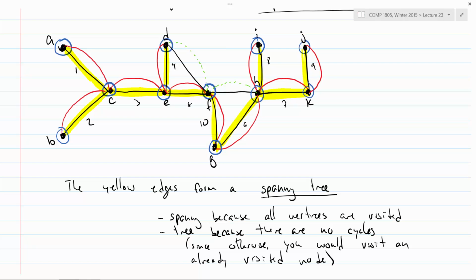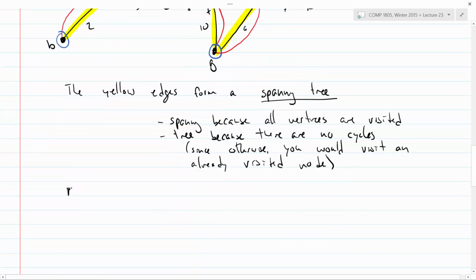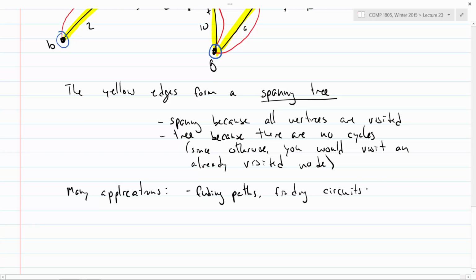All right, so that's depth first search. This has lots of applications. Things like finding paths between vertices, detecting circuits or cycles. So for example, you might want to write a program that takes a graph as input and figures out whether it has a circuit or a cycle, or maybe this is part of determining if it's a tree. You can use depth first search to answer that question.